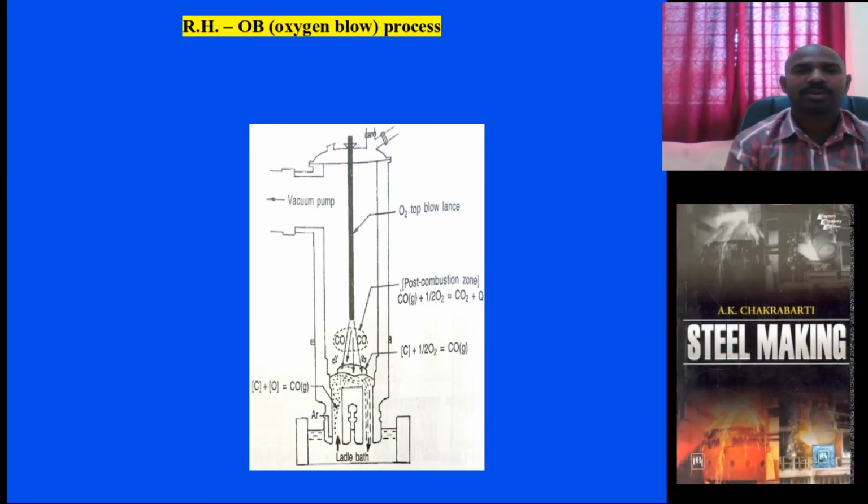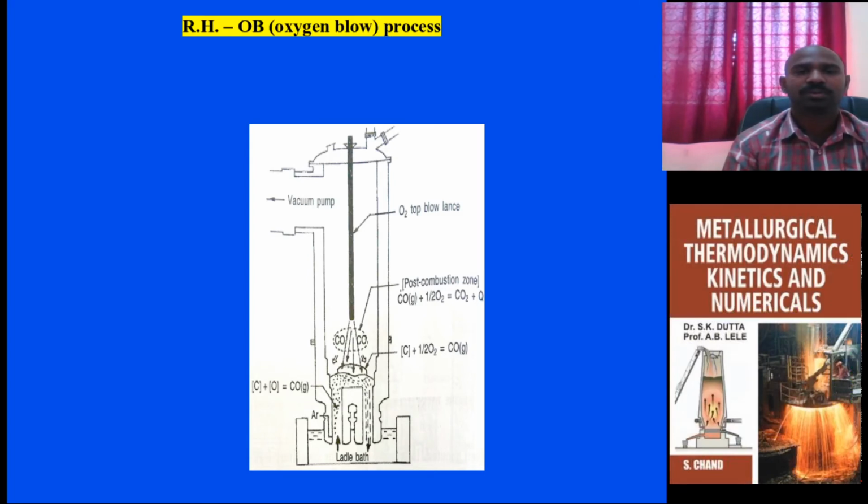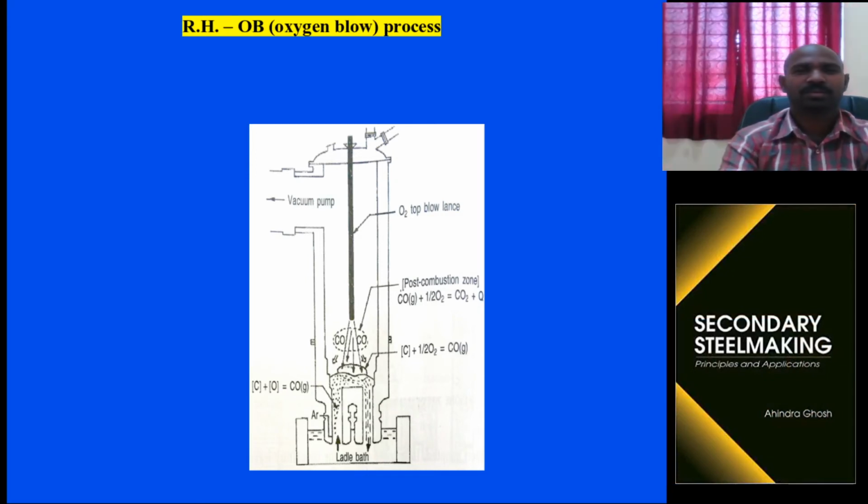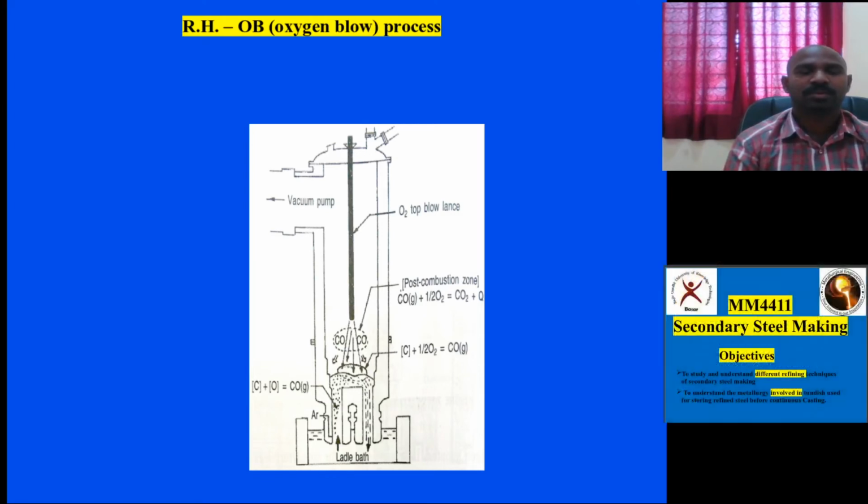For example, even further, for deep drawing steels, there are interstitial free steels. The automobile industry requires very low carbon. And how do you achieve very low carbon content in the steel? Most of the carbon is reduced in the primary steelmaking unit, and in many VOD units also, vacuum oxygen decarburizers.